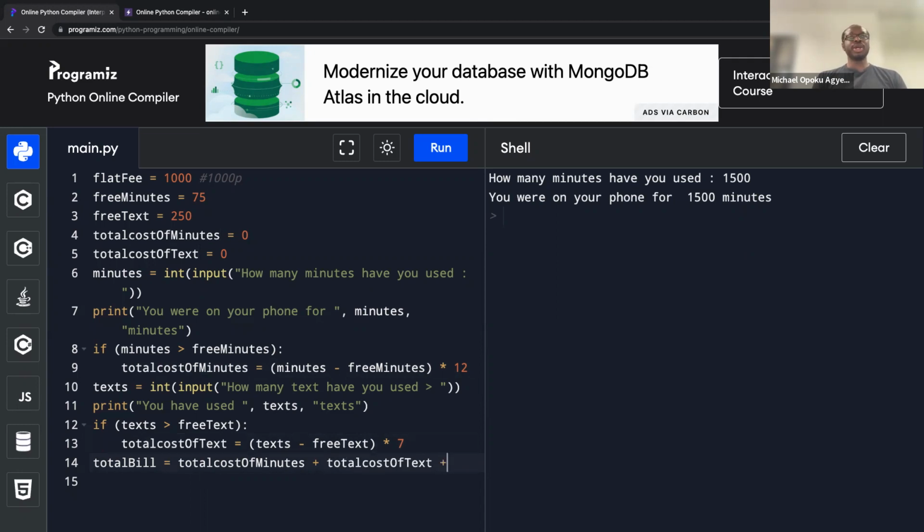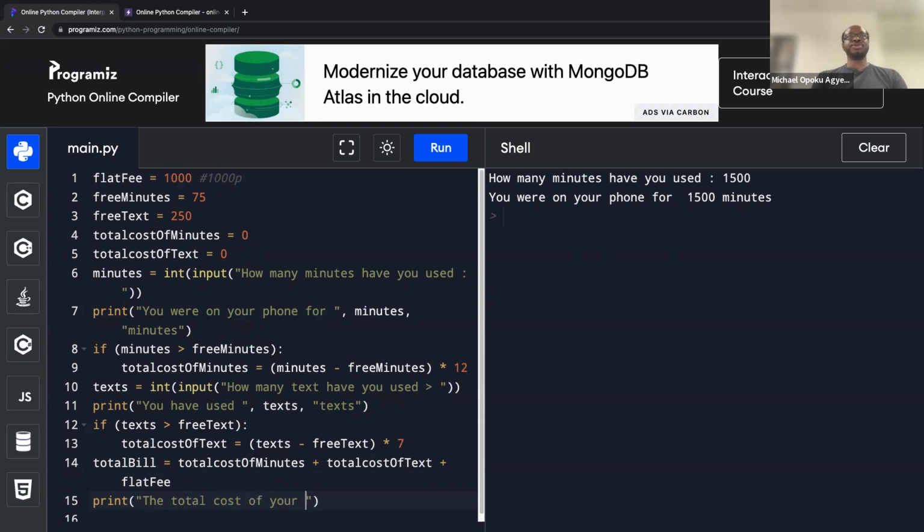So we add the flat fee to it. They'll still pay the flat fee anyway, because every month they're going to pay the 1,000. Exactly. Then we print the total cost of your phone bill is